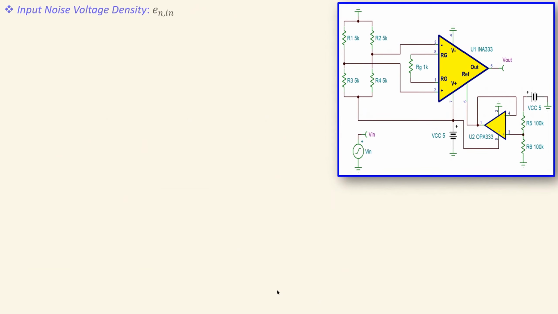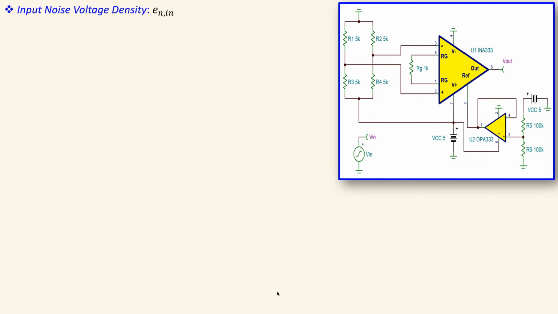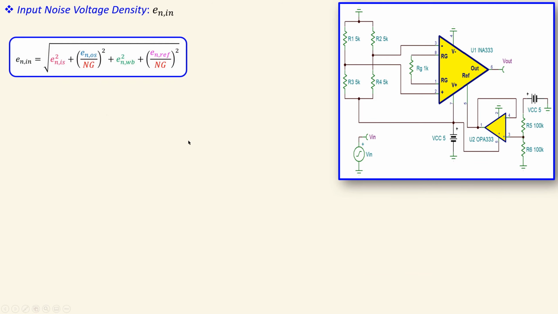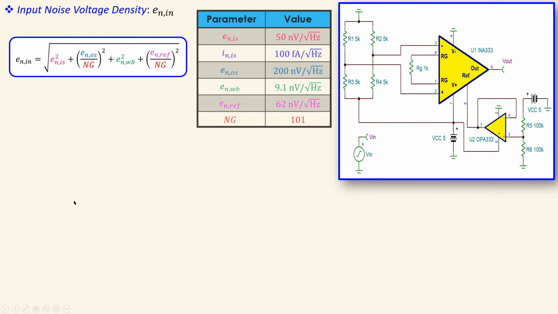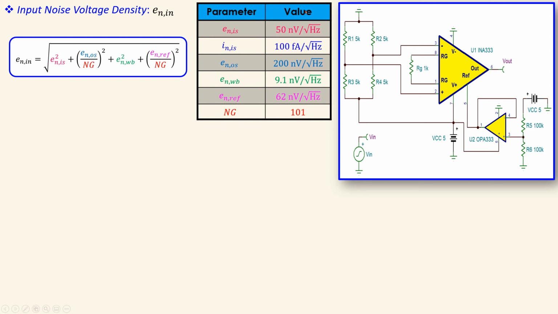Okay, what's then the input noise voltage density in total? Now this was the formula. If I now collect the parameters and also the values, we have the noise gain of 101. We have these values calculated, and this is what we have. There's the first three, which is from the datasheet. This is calculated, these two, and this is also calculated from the circuit. Since the noise gain of the buffer is 1 and the noise gain of the instrumentation amplifier is 101, in total it is still 101.